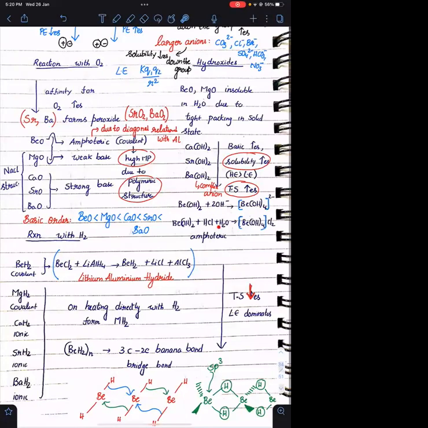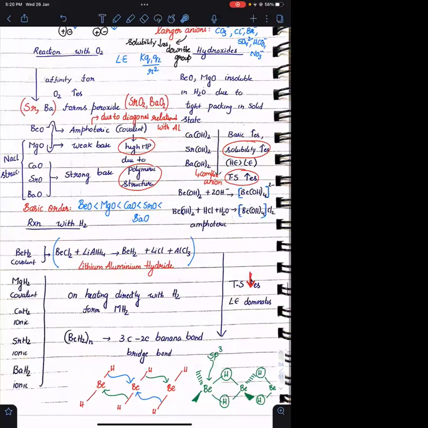उनका रिएक्शंस शो किया है. Whenever it is reacting with base as well as acid, it is forming some complex, coordination complex. It is forming coordination complex because it has higher tendency to form a complex when compared to the other elements. Okay. Hydrides